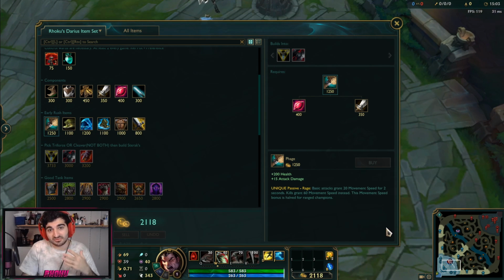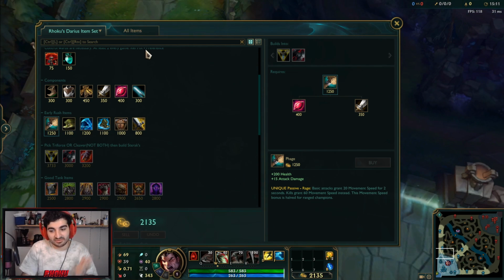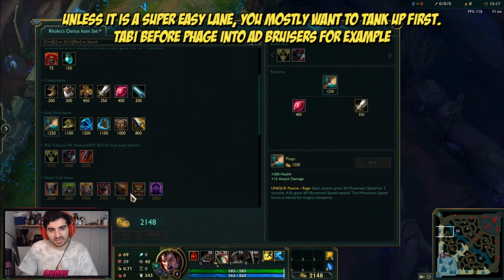Now Phage is one of your most frequent early rush items, and you need to go this item most of the time if you get fed, if you're ahead in lane, and you just don't need extra resistances to survive in lane, right? If you get a kill or something, go Phage, go into your Phage item, right? But if you're not fed and you need to still tank up for your lane, you can go for the